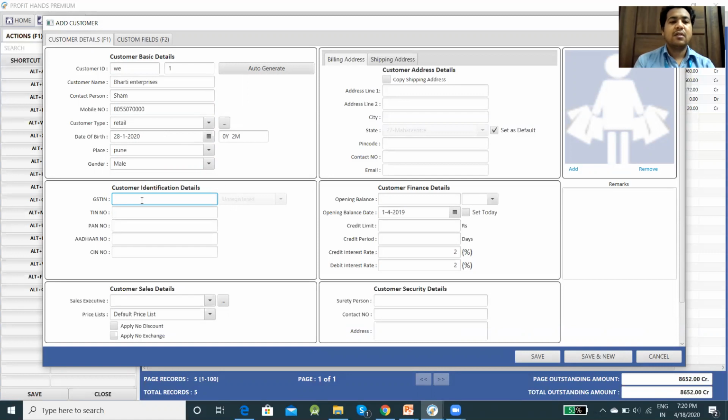Then the customer identification details are there where you have to put the GST, the TIN number, PAN number, Aadhaar number. If you want, you can skip any of this. So say like 27A.